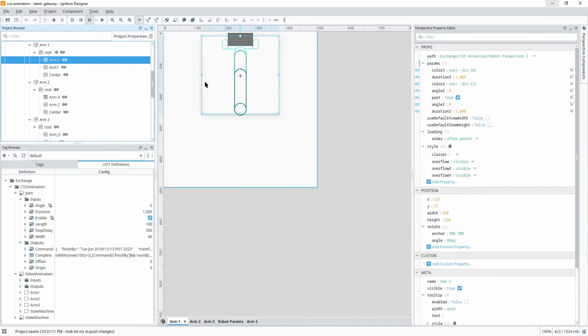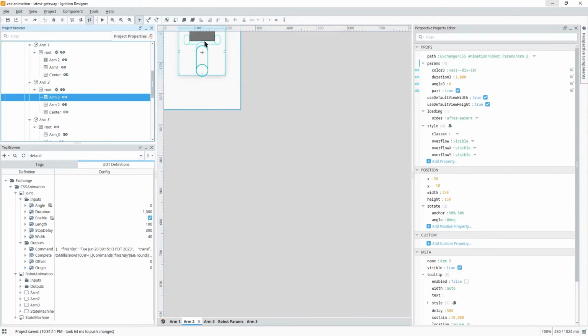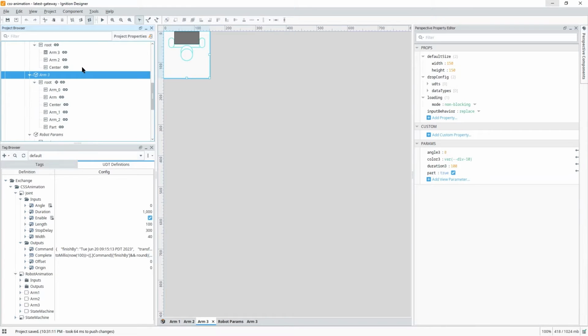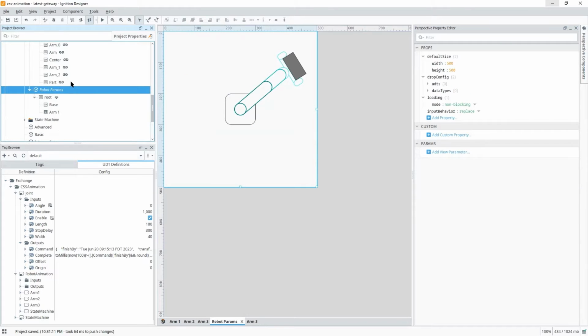This is an embedded view, centered where we wanted to rotate. Arm 2 has arm 3 in it, and arm 3 is just itself with the part also present, which we can toggle right here with one of the parameters. And then there's the last robot params, which all it really does is add a base.